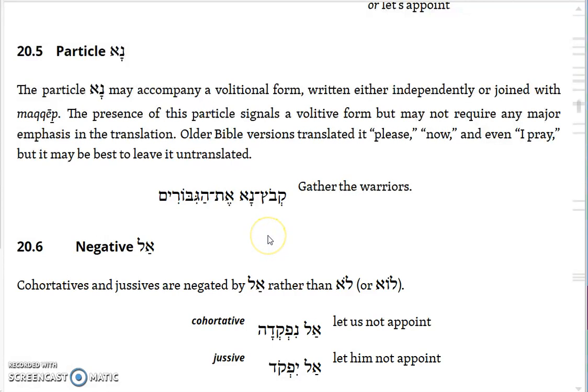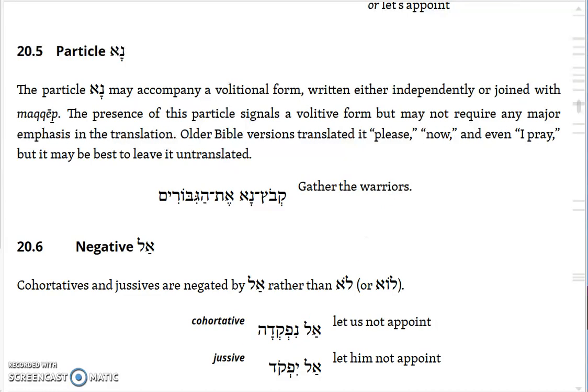So here you have kavots na et ha giborim, gather, and then direct object marker, the warriors. And the na does mark what it's connected to is volitional. It probably adds some emphasis to it. So by itself, kavots would mean gather the warriors, but the na would make it a little more emphatic, and hence, please gather the warriors, or I pray thee, to use King James English, you gather the warriors, or the like. But it's not